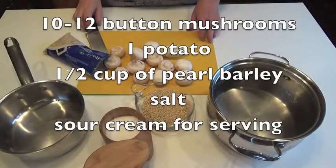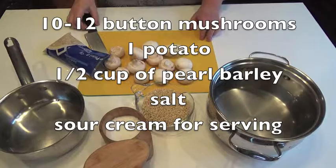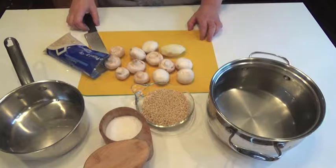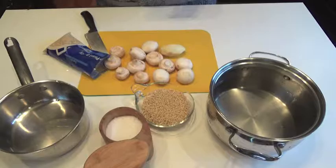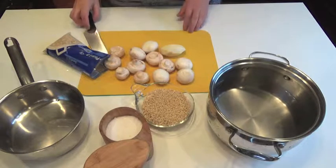Today I'm making mushroom soup. This is not a Georgian recipe. This recipe came from my mother's very dear friend who grew up in Siberia, and this is a very Russian recipe. So for mushroom soup, Siberian or Russian style, we need